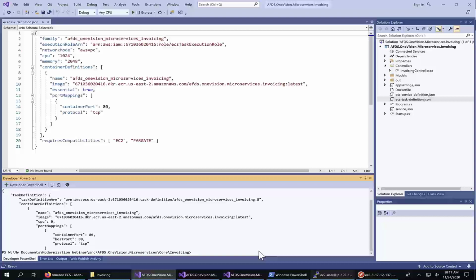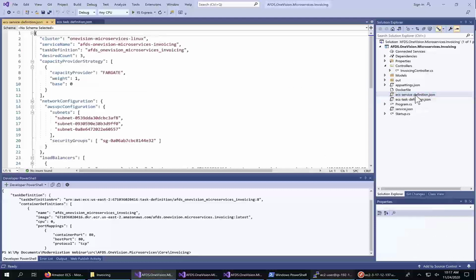Now that we have a task, we need to create a service in ECS to run that task on an ongoing basis. Again, we can use the AWS CLI to create that service based on a JSON specification. Let's pull up that service definition JSON now. We can see that the service is based around the task definition that we just created. We're launching it in Fargate onto an ECS cluster that I've already created. The desired count of tasks is 3. So the orchestrator will try to make sure there are always 3 identical tasks running as part of this service.